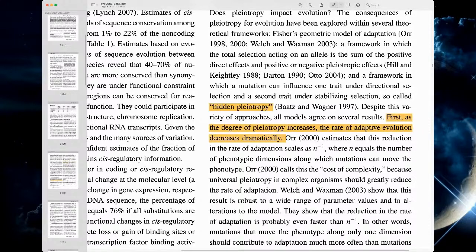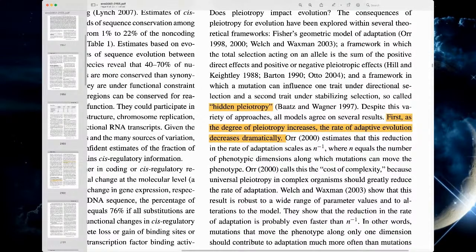Well, I think it's because if it affects more than one trait, then there's a good chance that affecting one trait might increase fitness, but affecting another trait might decrease fitness. Yeah, so that would be like hidden pleiotropy, maybe. Yeah. Okay, this reduction in the rate of adaptation scales as n to the -1, where n equals the number